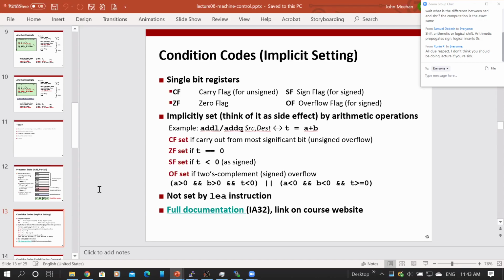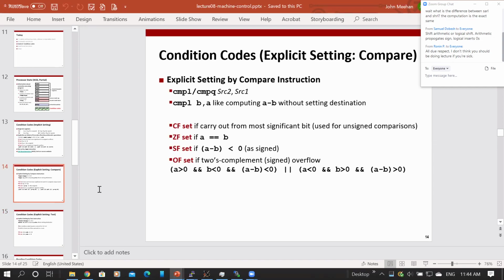And we can explicitly set these condition code bits, not just as the side effect of some instruction, but with instructions where the whole purpose of the instruction is to cause the condition code bits to get set. We have different ones of these we will learn. The first one we look at is the compare instruction, right? You can say compare long word or compare quad word, whatever size you want to deal with. And you've got to watch out